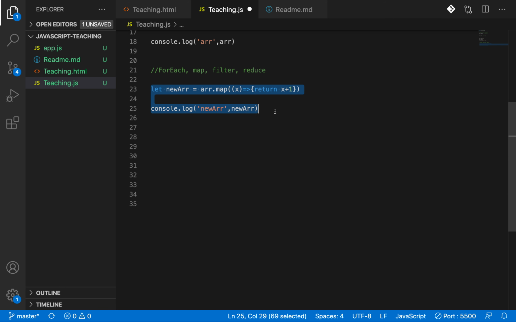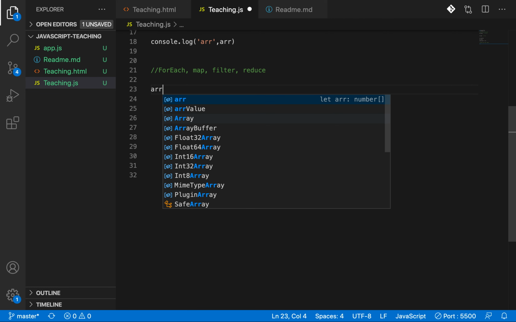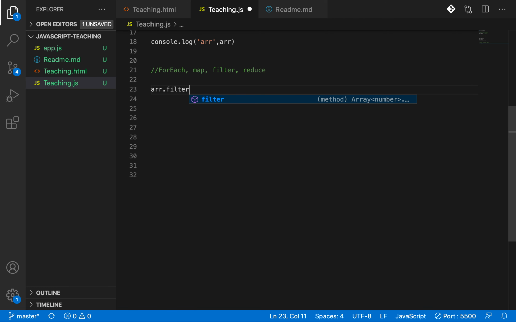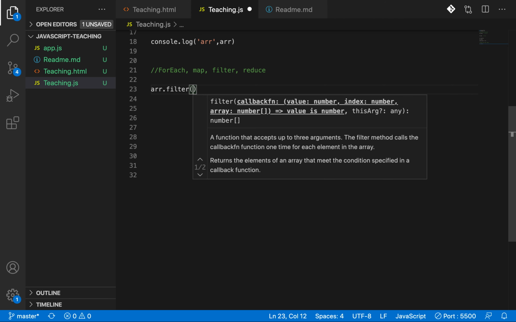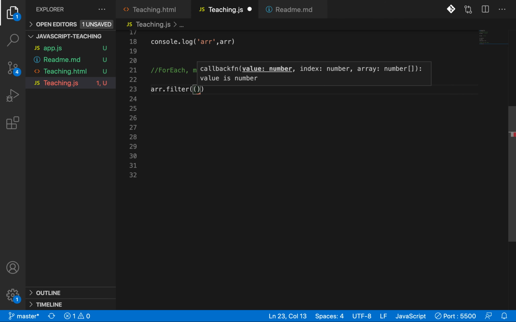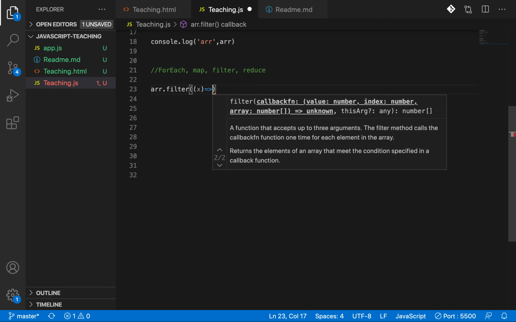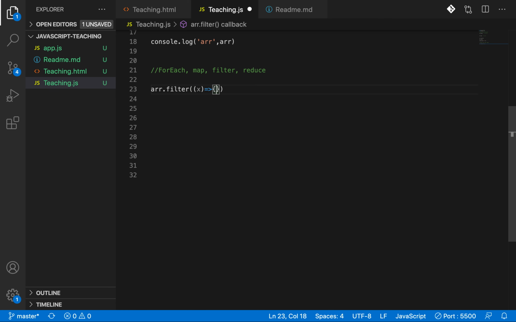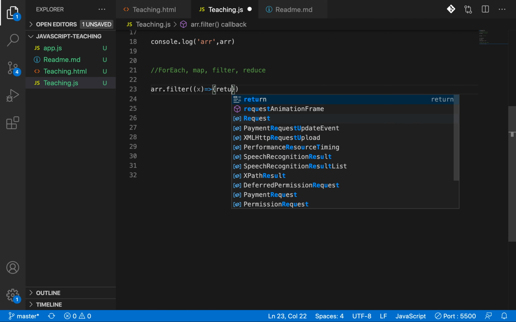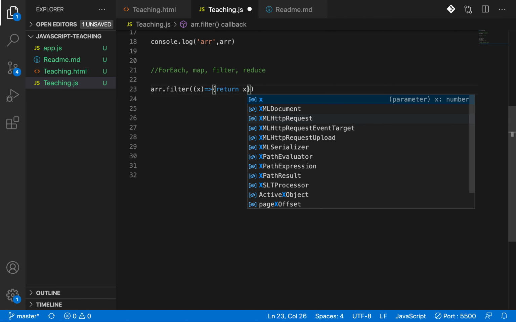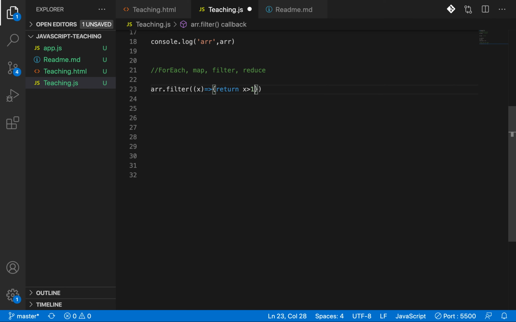Now let's look into the filter. What is a filter? Yes, you are right, it filters. Let's say array.filter. Same, it takes a function x and I say return x greater than 1, right?